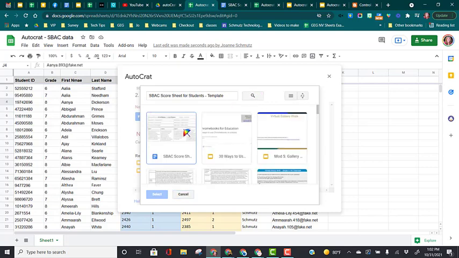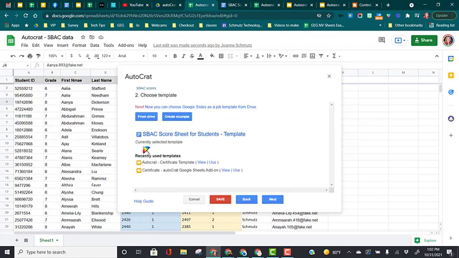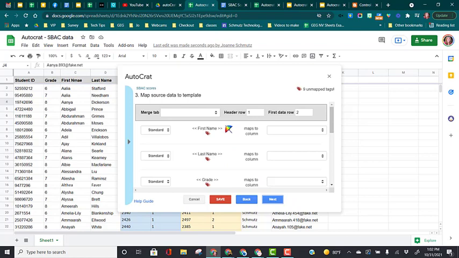Find that template in our Google Drive. It'll be the first one here. I'm going to select it. Then we'll see here now it's merging the tags. Here's the currently selected template. We'll click on Next. And now here's where we have to choose the tab that we want to get all